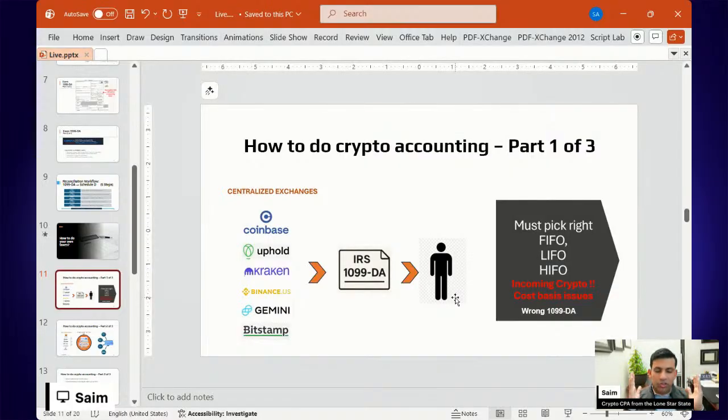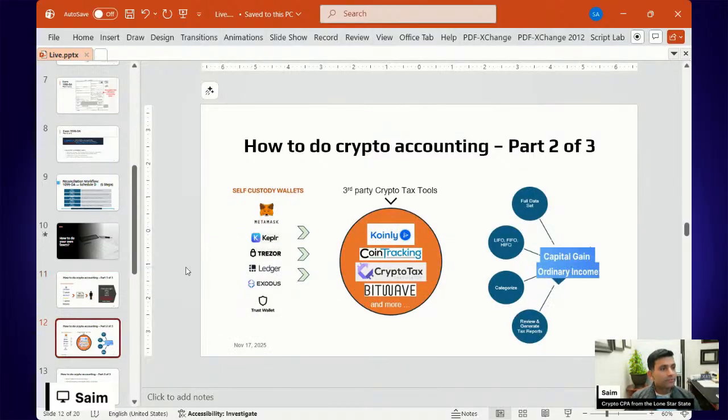So this is how you need to think of this. Visualize for a second that crypto is part of this big inventory that you have, and picking the right accounting method, depending on the type of investor and trader you are, is going to make the biggest difference in your tax liability. That is in your arsenal. So make sure you read up on that: FIFO, LIFO, HIFO.